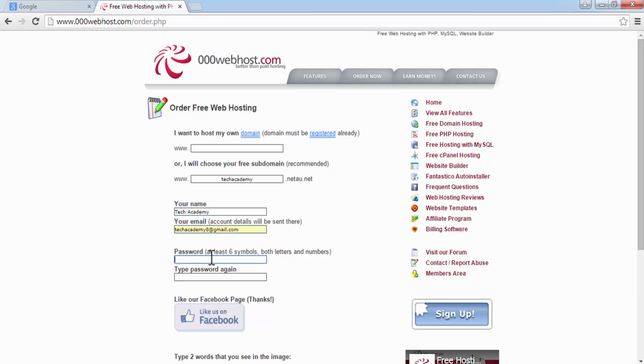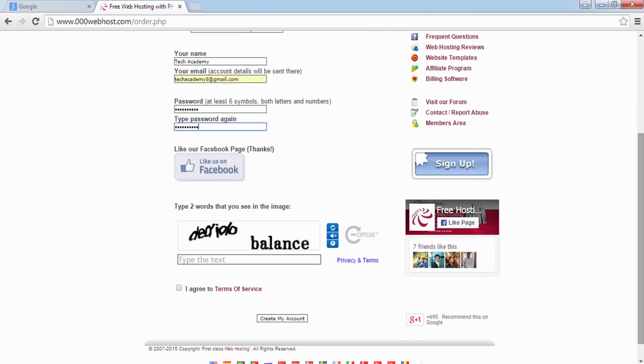You can choose any password. And after that, do this, agree with the terms of service, and click on create my account.